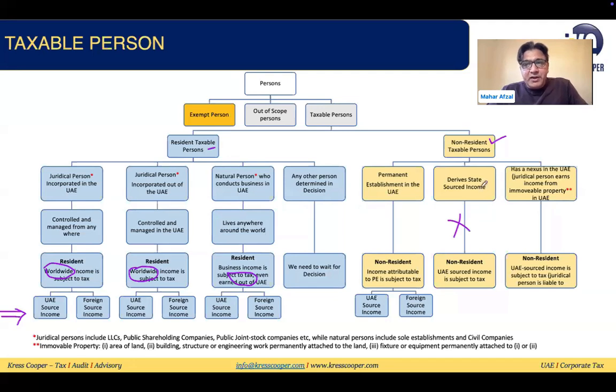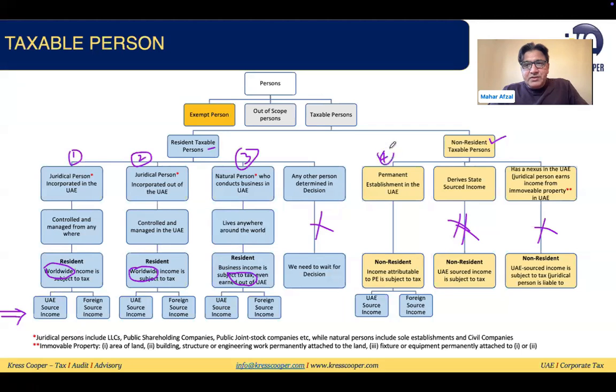If someone is operating from outside the UAE and generating income from the UAE, but they don't have any PE in the UAE, then any income generated outside the UAE will not be subject to tax in the UAE. In the same way, the next is related to real estate property, where there is only one possibility, the income is generated from the UAE. So we are not considering these for the foreign source income. These are the four possibilities. One is here, this is the second, this is the third, and this is the fourth.